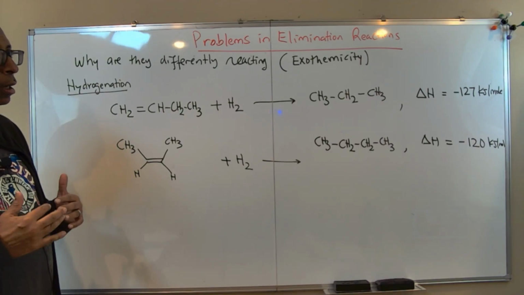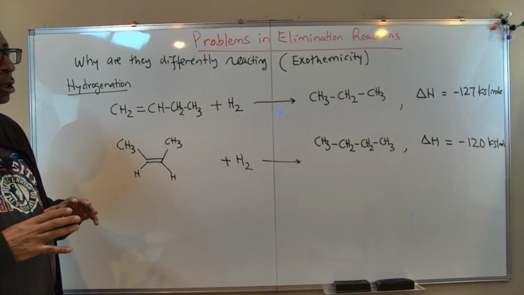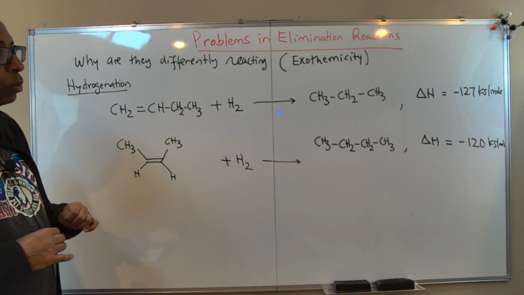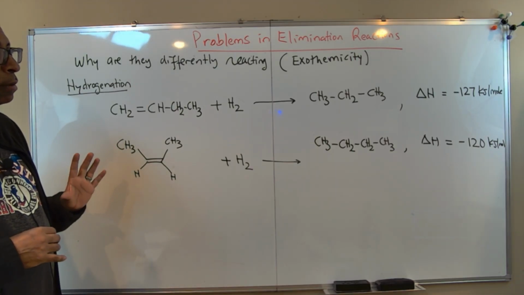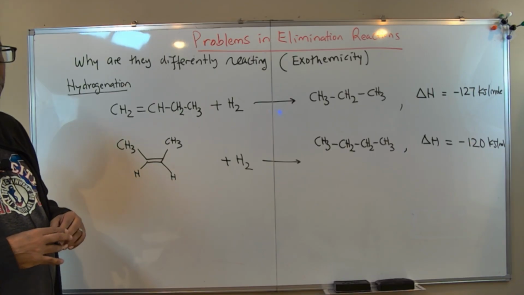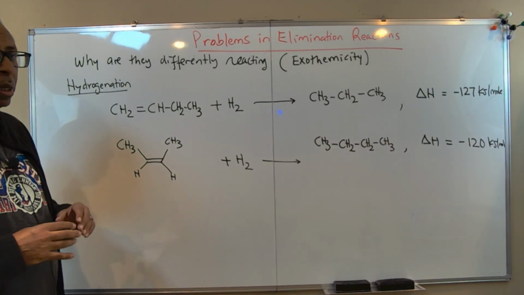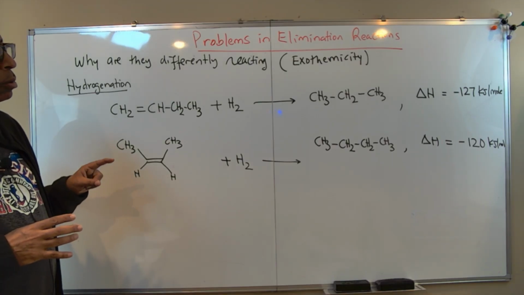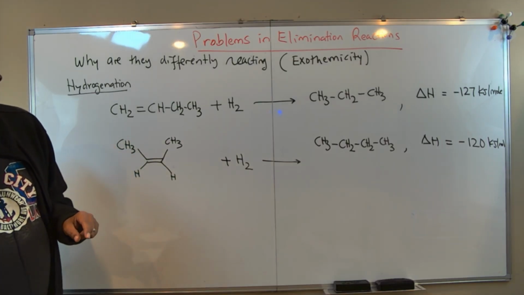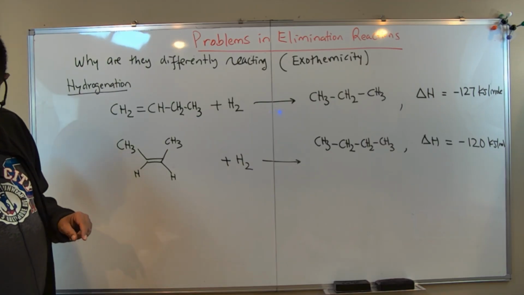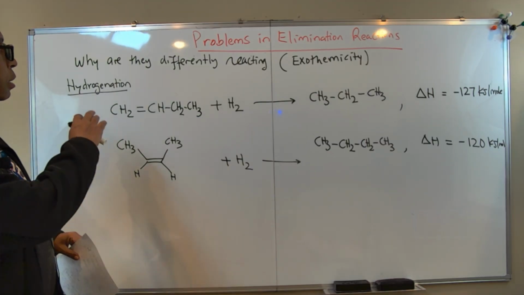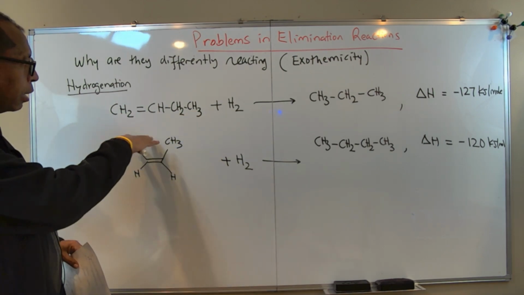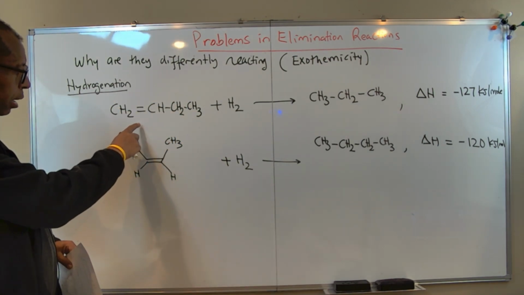So I really encourage you to cover chapters or lectures 22, 23, and 24. And this is part B of the elimination reaction problem solving session. With this, I will continue to solve more problems. So as you see here on the board, there is a reaction which shows a terminal alkene, and